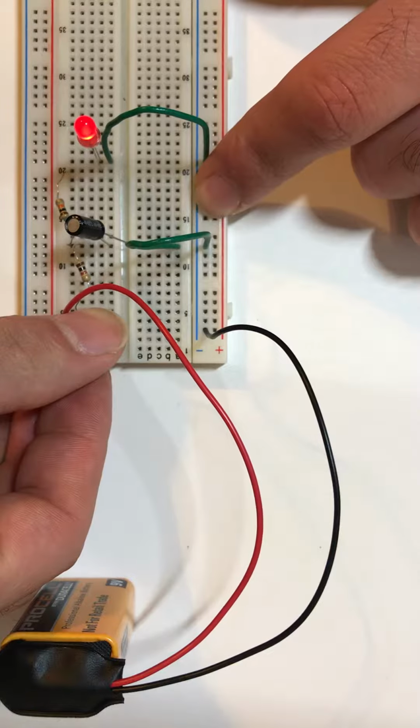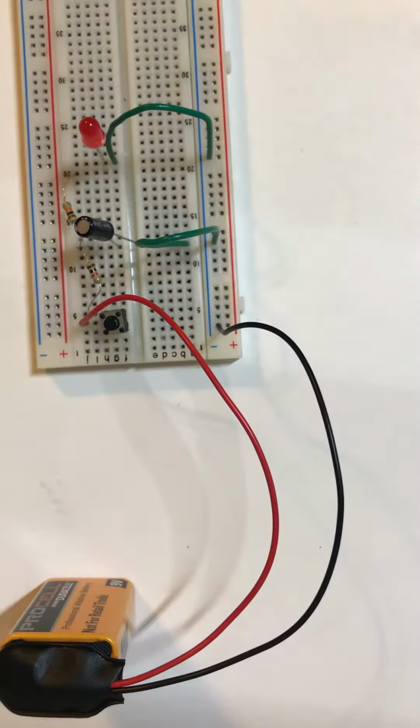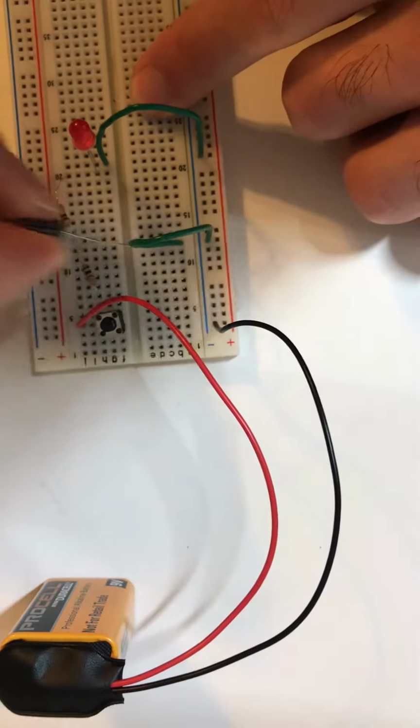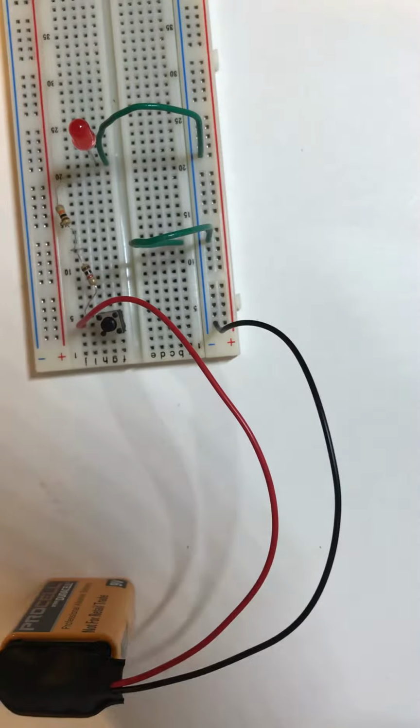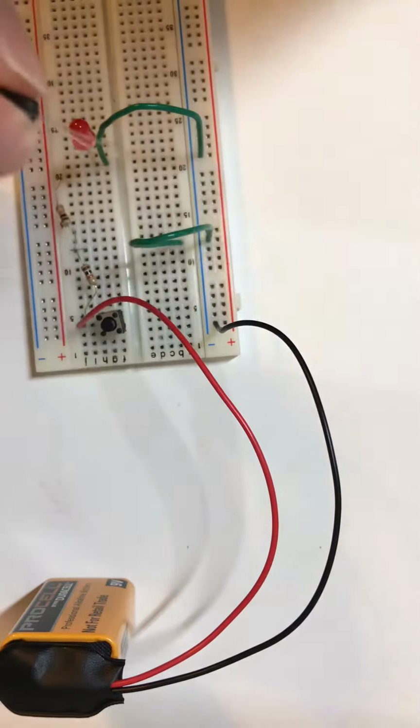We notice that it charged up much quicker and discharged much quicker because there's now less resistance for the current to travel through. Now, if I was to replace this 100 microfarad capacitor with just a 10 microfarad capacitor,